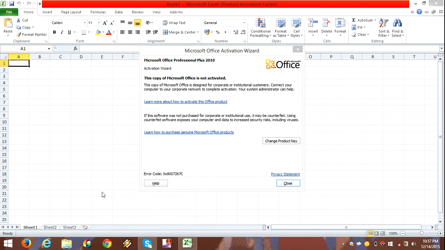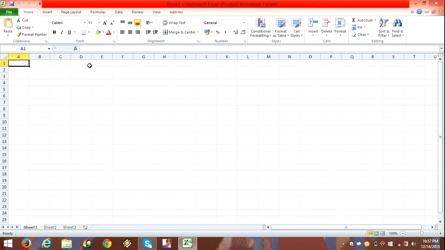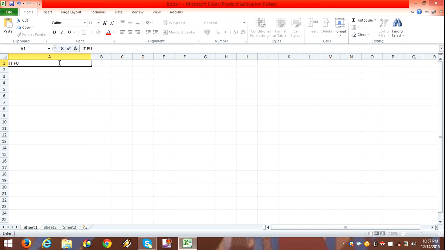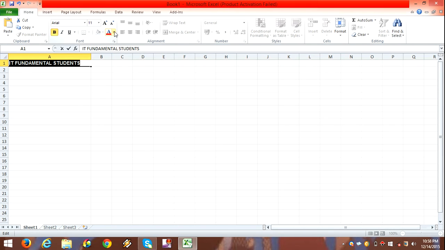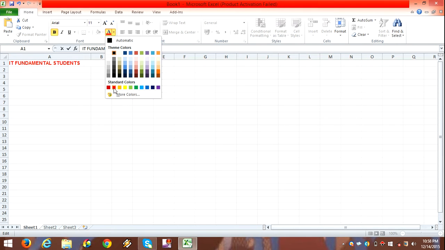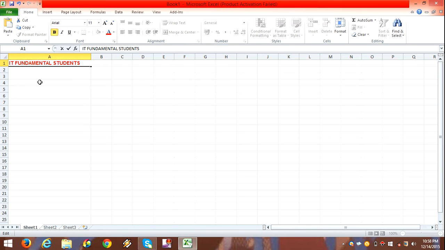So we will do an activity to have some example of our work. So we will make some changes in here. We will input some words like IT fundamental students. For example, we will make it bold. Change its font style into Arial. Apply some color. We'll color it red. Then I will put some names. For example,